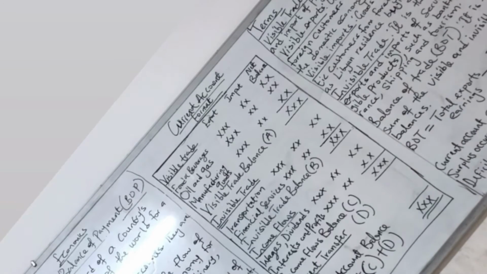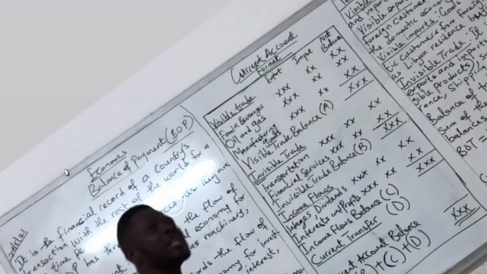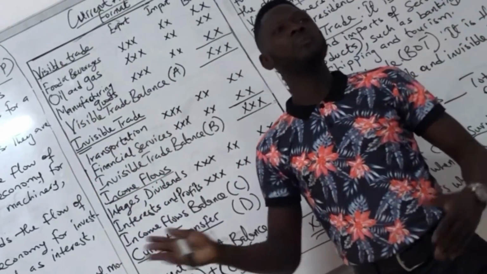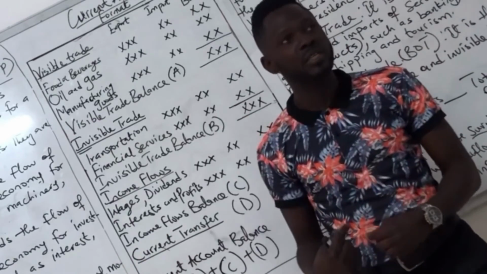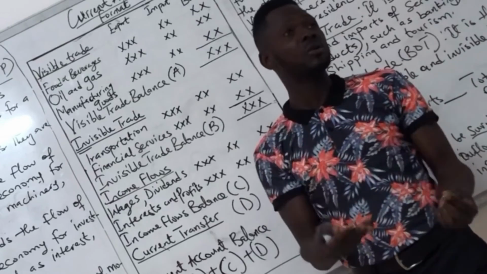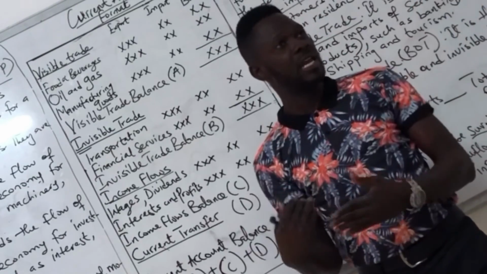So the cost of recording the transaction with other countries is what we call what? Balance of payment. So what is balance of payment? I wrote that it is a financial record of a country's transaction with the rest of the world for a given period of time, usually over a year. So our transaction with the rest of the world, the Libyan transaction with the rest of the world, is what we call balance of payment, if it is recorded. So the record we have in terms of exports, in terms of imports, from here outside or from outside in here, is what we call